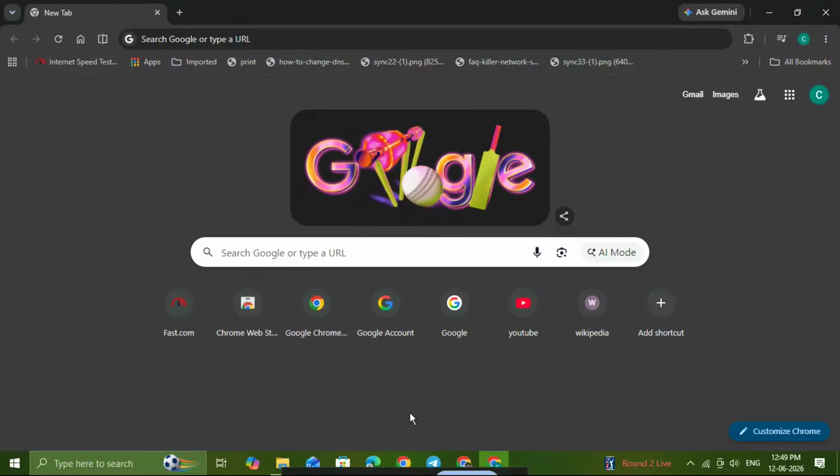If you want to clear your browsing history on Google Chrome, this quick tutorial will walk you through the exact steps on both Windows and Mac. This is useful if you want to remove your recent browsing activity, clean up your browser, or protect your privacy